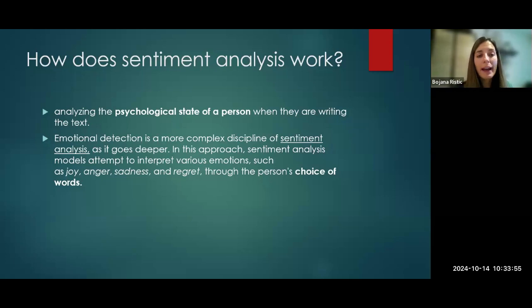To interpret joy, anger, sadness, regret through the specific choice of words only. I think I talked about the discourse analysis at some point, and I think I said, for example, there is a reason why you would choose, I don't know, a word. You're talking about somebody and you said dude instead of a boy, right? So although it's kind of similar, there's a reason why you said that. So it probably reflects that you feel very informal towards that person, that you are friends, etc., right?